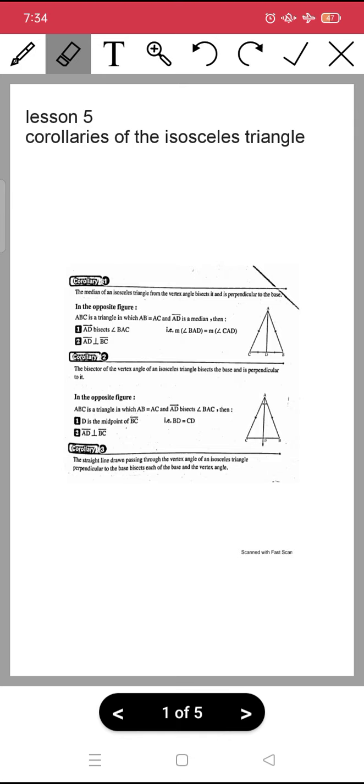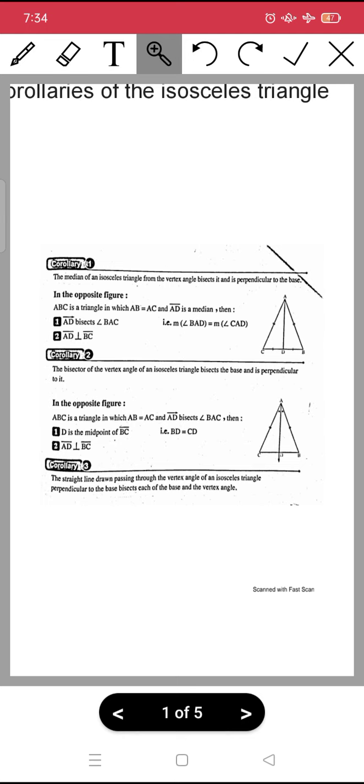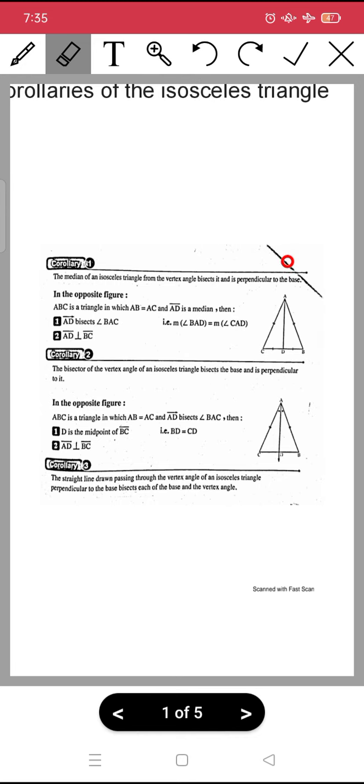Corollaries of the isosceles triangle theorems. The first corollary says that the median of an isosceles triangle from the vertex angle will do two things: bisect it and be perpendicular to the base. The median of an isosceles triangle from the vertex angle will bisect the vertex angle, which means it will give me